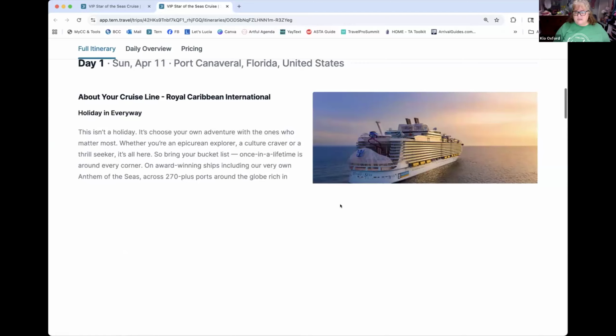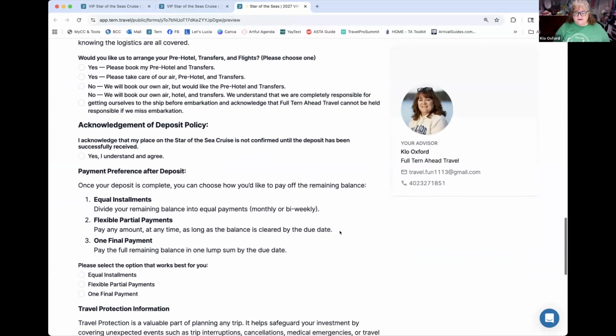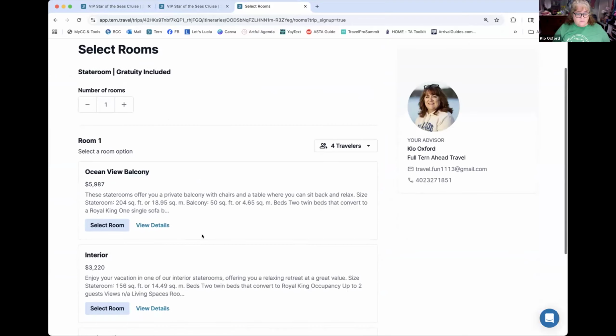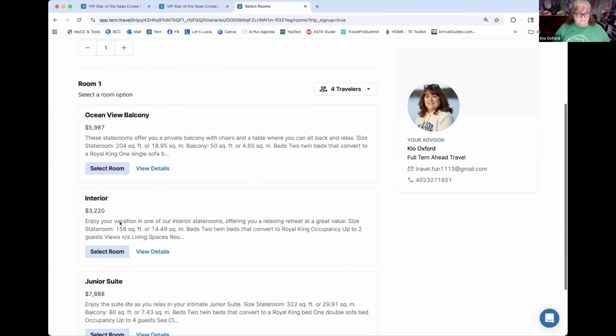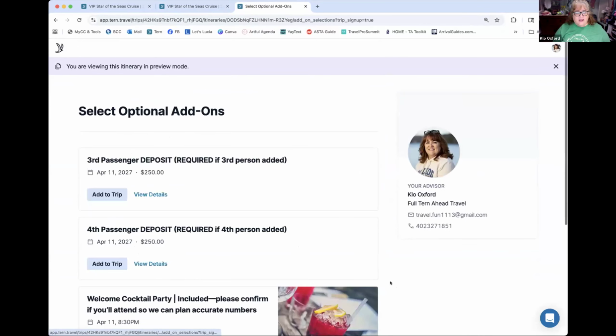in a preview. So when they go through the process of signing up, where is that? Sign me up. Go through all this. Sorry, I made it so I didn't have to. I did it from back in. They're going to choose whatever room they want. Okay, so they're choosing this one maybe, and they're going to select go here, and then it's going to say it's the optional add, and it does say optional add-ons, but I have put down required if third person is added. I can add that to the trip, and then I can also add a fourth one if